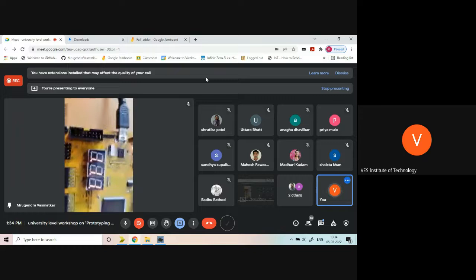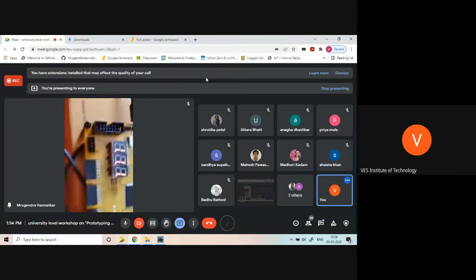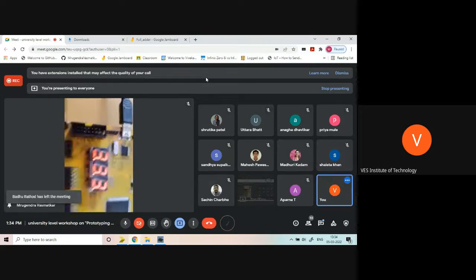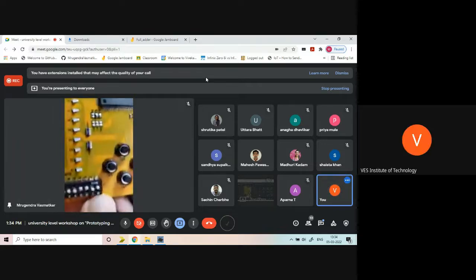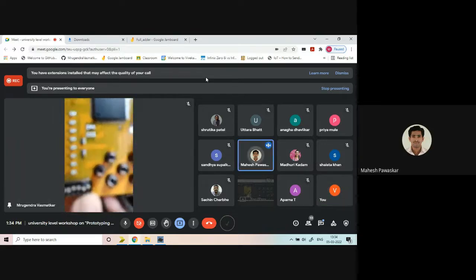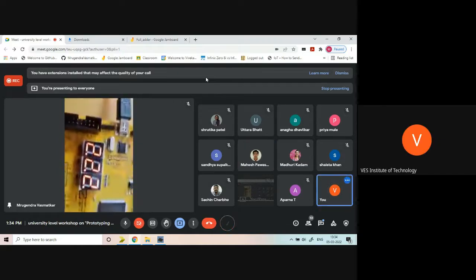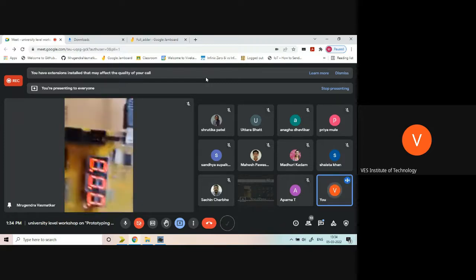So this is 1. Then this is 3. See here, I am making the change. So you are changing the address lines? Yes, I'm changing the address line. So I made address line 2, the output is 2. If I make all of them 1, the address line is 7.